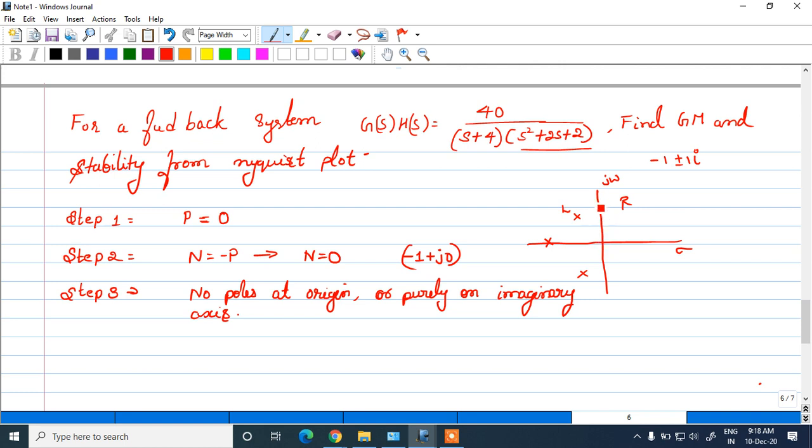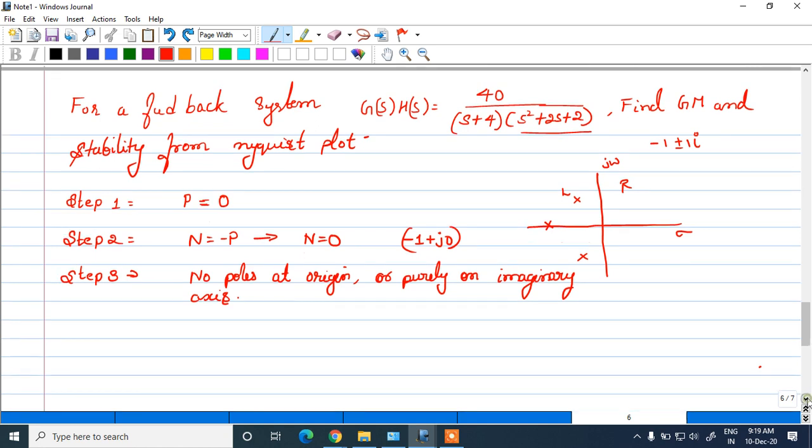In case you find any, you need to bypass that. In the previous problem I had a pole at origin, and we bypassed it. If you have an s term here, you will have a pole at origin, and you bypass it with the smallest positive value, that is plus 0 minus 0, almost equal to 0. But here in the problem that is not the case. We don't have a pole at the origin or on the imaginary axis. So now our role is to define section 1, section 2, section 3.